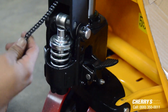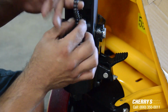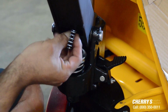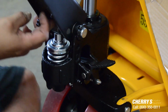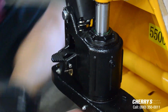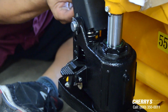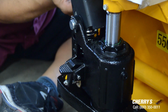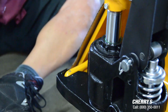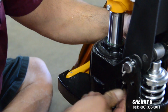Now the last thing you need to do is hook up the chain linkage. This is the part that I told you earlier was crucial, where you want to make sure this is over the silver. Now what you want to do is slowly feed it over the silver roller pin here and bend your handle down, because you're trying to feed this chain linkage into a very tiny hole on this side. Once you have that fed through, you pull out your chain linkage,